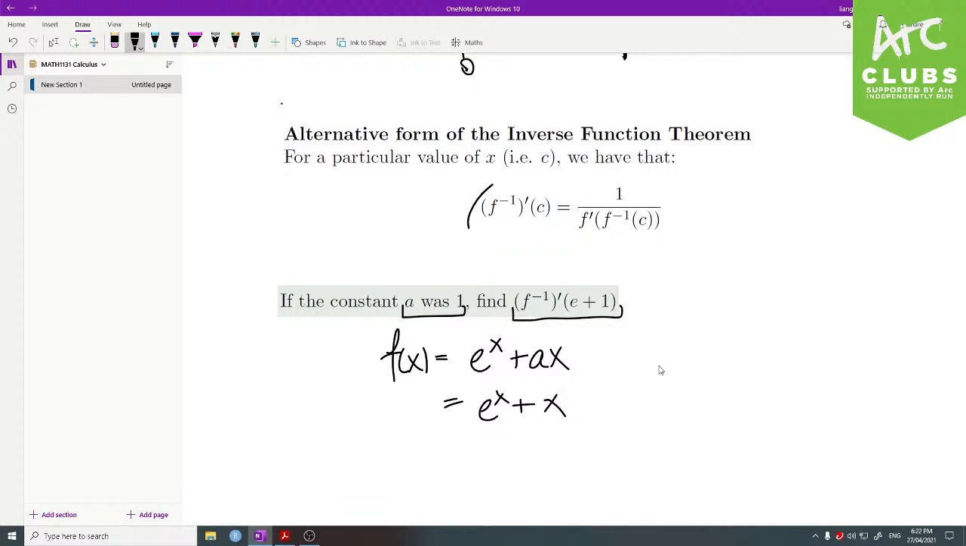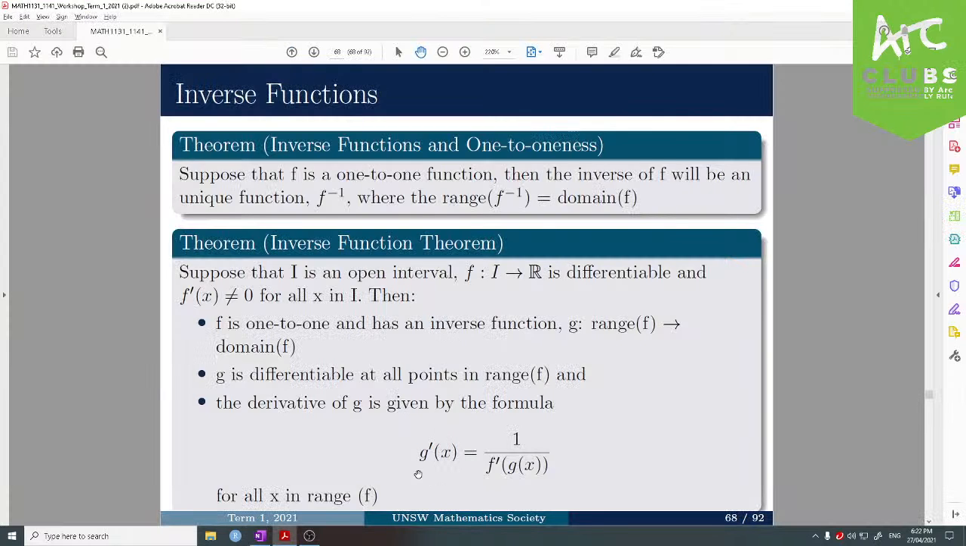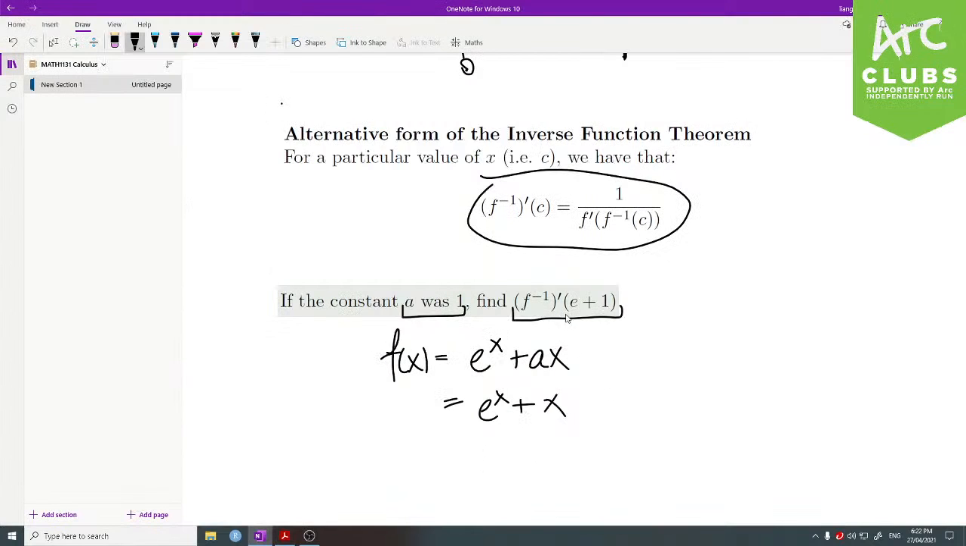The reason why this form makes much more sense to me, at least, than this form is because I can directly see what the question has given me. Right? The question has given me e plus 1 in the brackets here. So f inverse dash of e plus 1. So I know directly that this e plus 1 correlates to this c here. Which makes things a lot easier for me because I don't have to figure out whether this thing here correlates to this thing here or this thing here, in the other form of the inverse function theorem. So now that I know that c is equal to e plus 1,